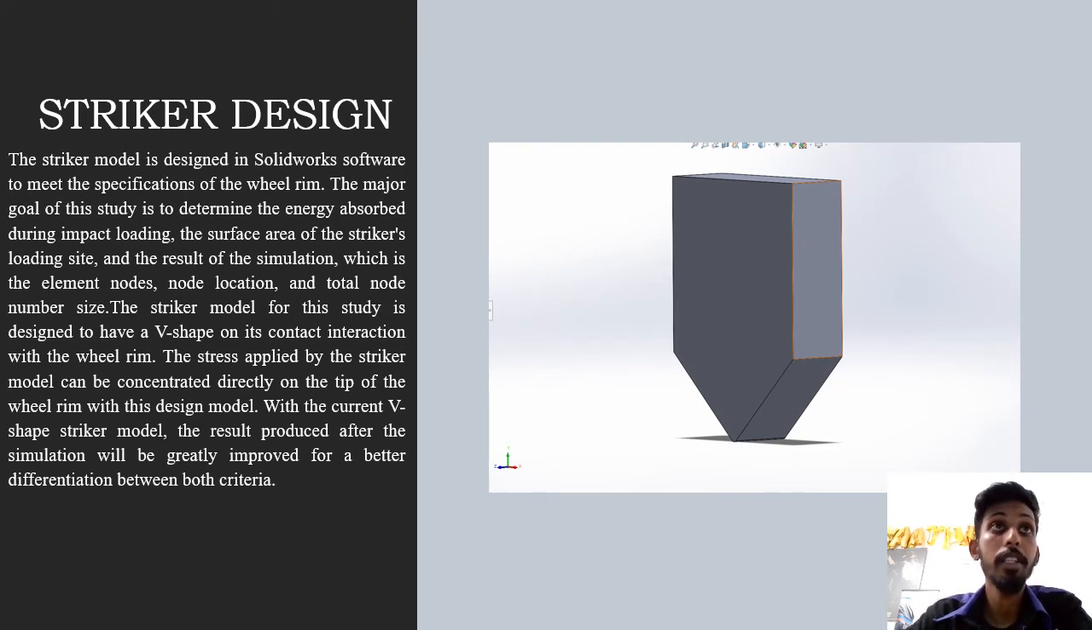And now for the striker design. The striker model is designed in SolidWorks software to meet the specifications of the wheel rim. The major goal of this study is to determine the energy absorbed during the impact loading, the surface area of the striker's loading site, and the result of the simulations, which is the element nodes, node location, and the total node number size. The striker model for this study is designed to have a V shape on its contact interaction